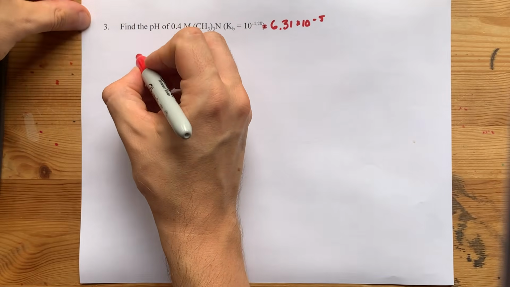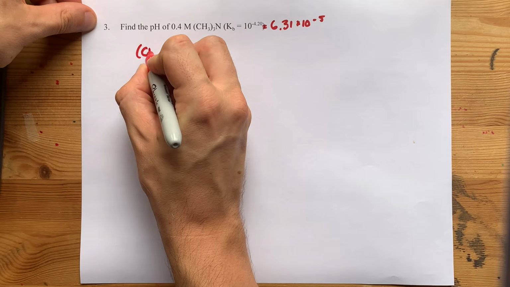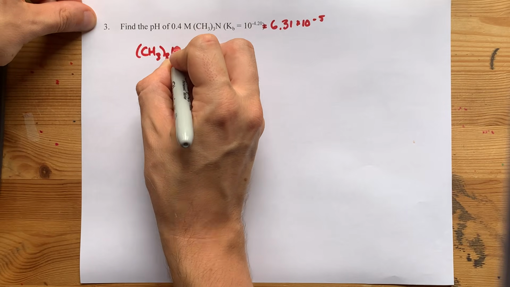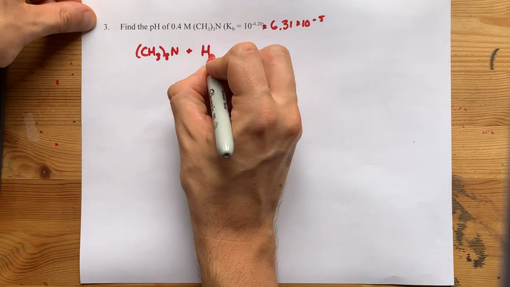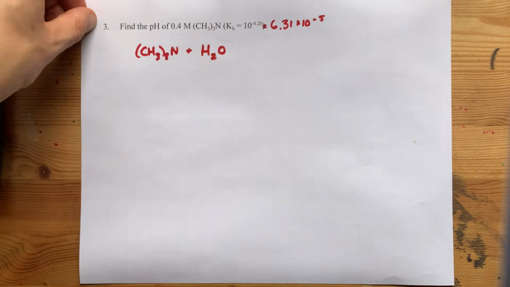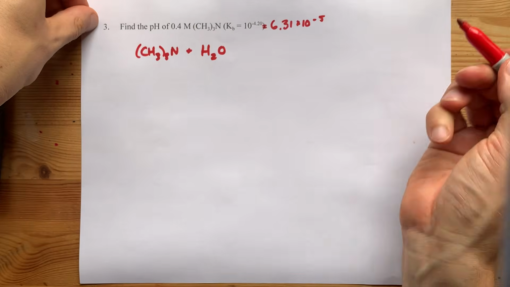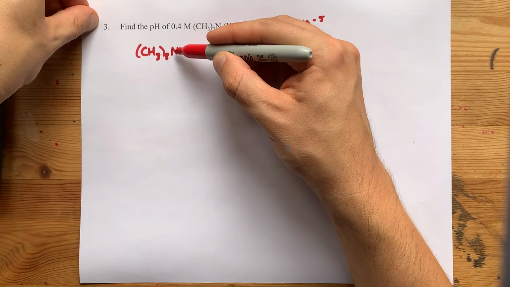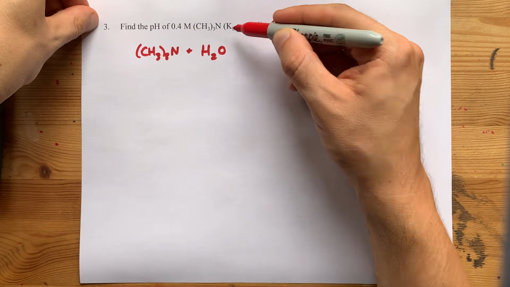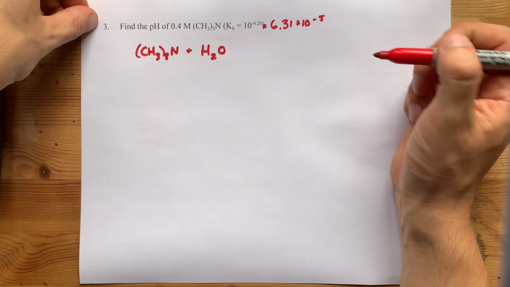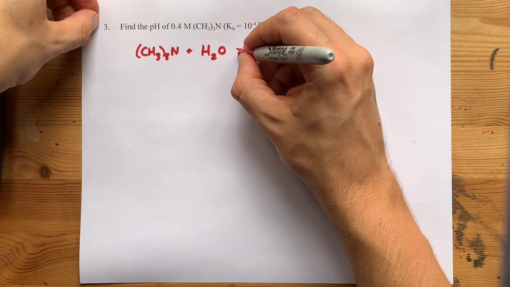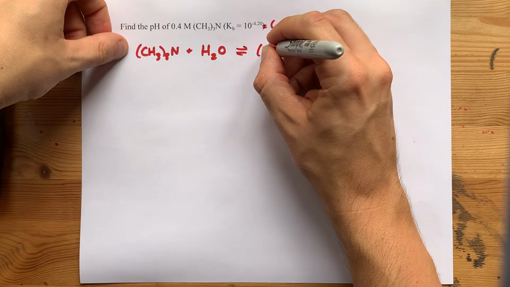Okay, so the answer to that is when you put that base in water, that base is going to steal an H away from water. Note that acids donated their H's to water. This base, Kb, will steal an H away. So what you end up with here is the same formula,